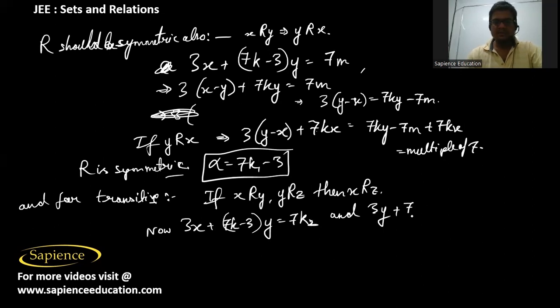This will be 3y plus 7k2. Okay. 7k minus 3 into z, since y is related to z, let's say that is equal to 7k3. Then if we add these two, then we will get 3x plus